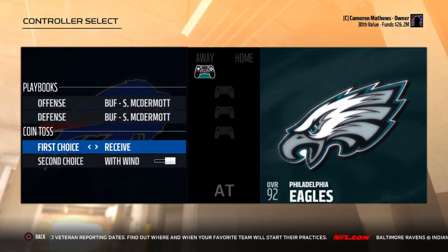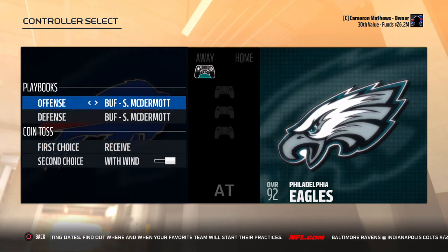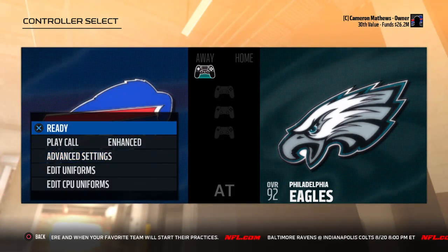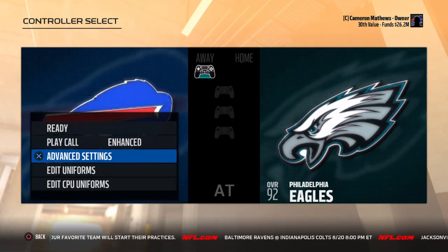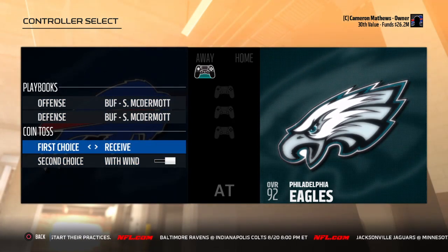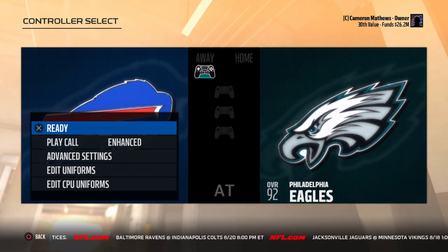Switch this around too to receive. So anyone playing offline, I would definitely recommend switching your first choice to receive, because the computer will always receive the ball regardless. So if you think about it, you'll always be kicking the ball off if you play offline and you have it on first choice kick, because the computer always receives. So if you put it on receive, it at least gives the computer a chance to